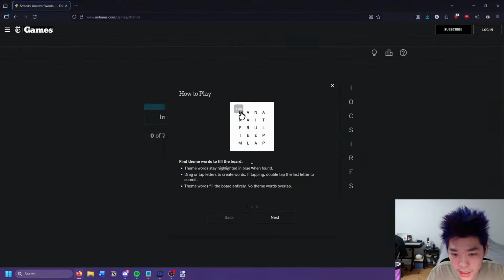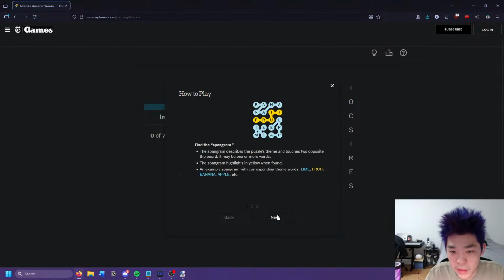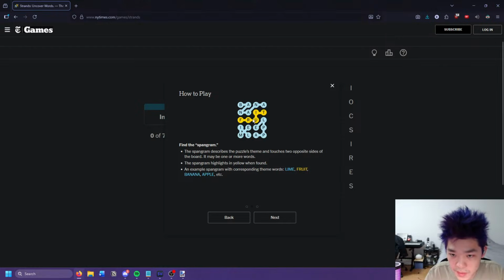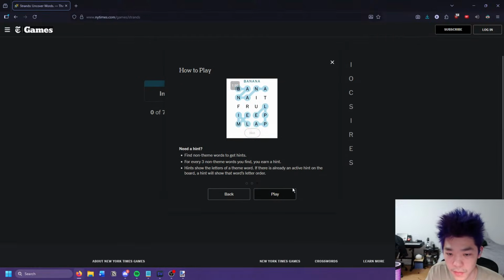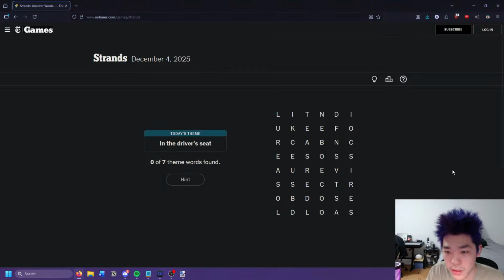So you want to fill the board. There's a couple of words that go with a theme, and then there's the quote-unquote spangram, which is the one word that matches all of the theme words, or determines the theme pretty much, and that spans one side to the other. He kind of did it brute force, but it was pretty cool. So in the driver's seat,